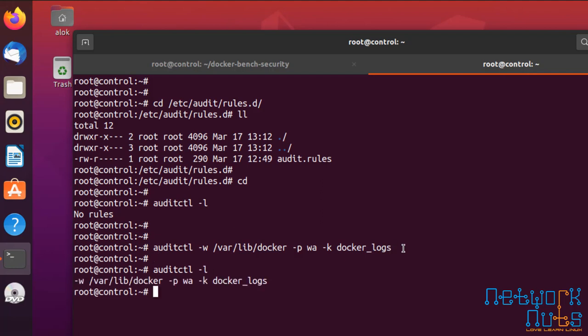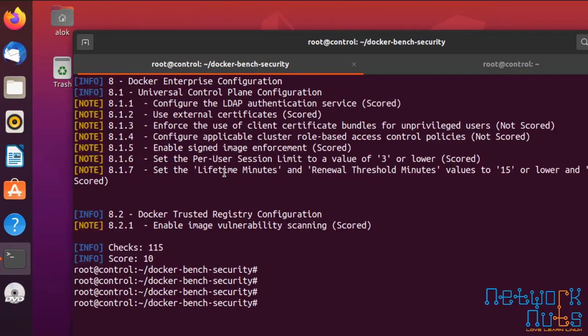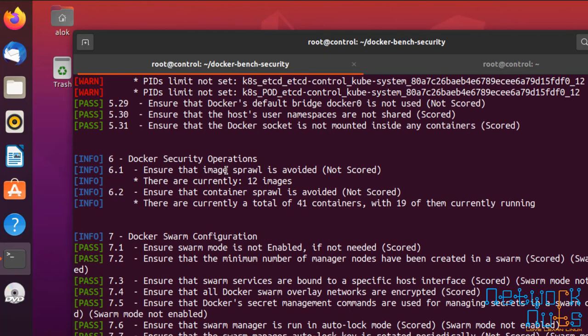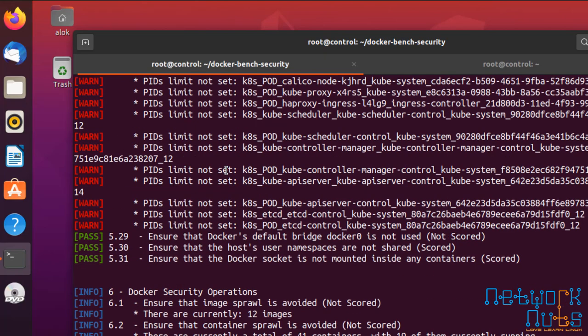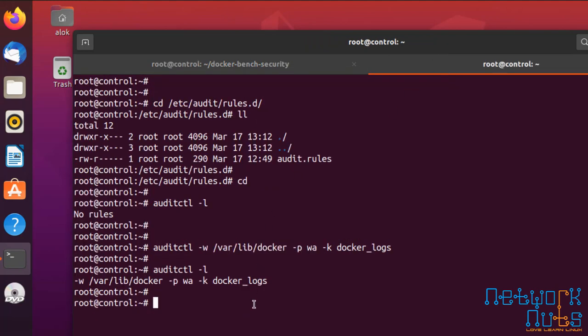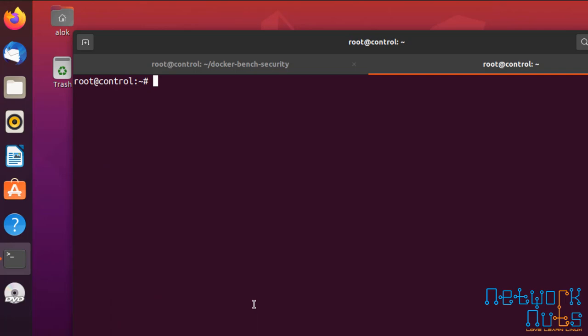So if I do an auditctl, it is up now. Now this auditing is done, right? So I need to do this for each and everything before you actually commission this server for production, right? So I had just done this. No need to restart the Docker service. The auditd service, let me do it. I will again check it out. No rules, as the auditctl is temporary. So I do it again.